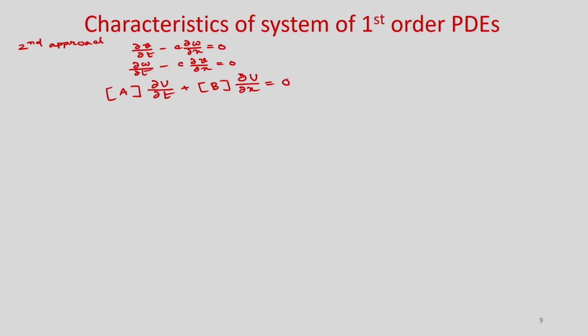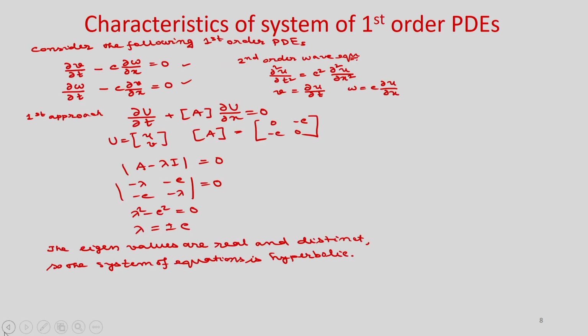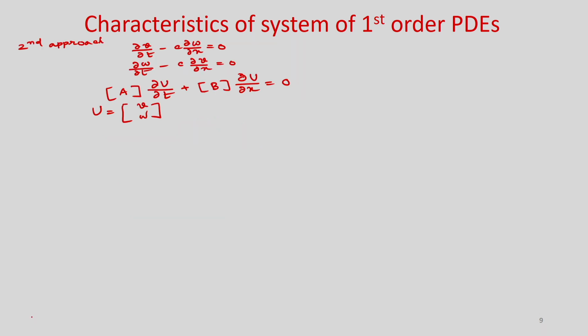Okay. So, this is your 0. So, u is in this case V, W, sorry. So, here it is not u, it is V, W. Okay. So, make this correction. I wrote u, v, but we only have V and W. So, u will be V and W. Please make this correction. So, V, W and you have A. You find A will be [1 0; 0 1] and B will be [0 -c; -c 0].